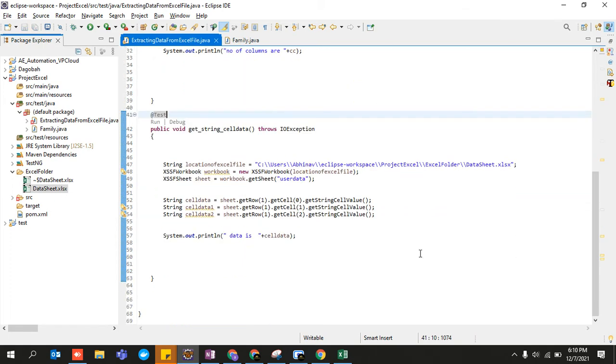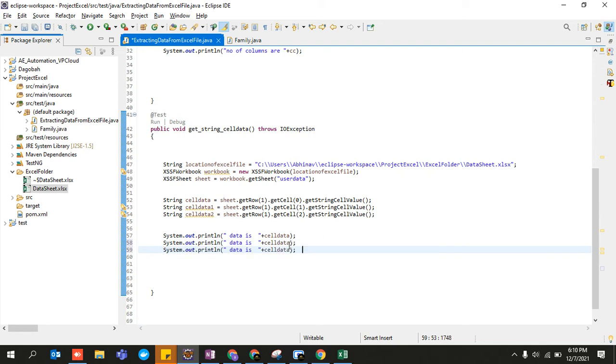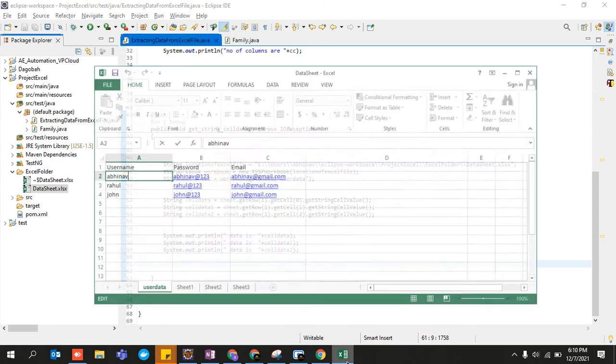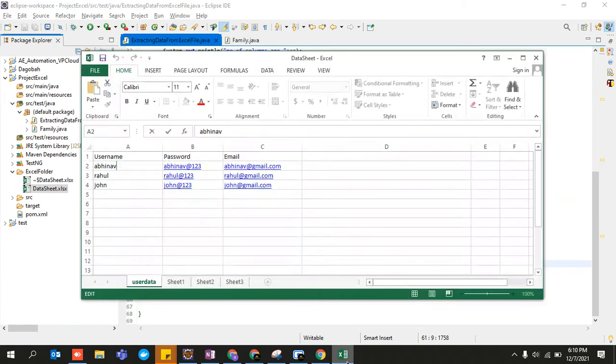just run it and let's see what happens. First of all, I have to print it out. Cell data, cell data 1, cell data, let's say 2. Okay, so what is it going to return?